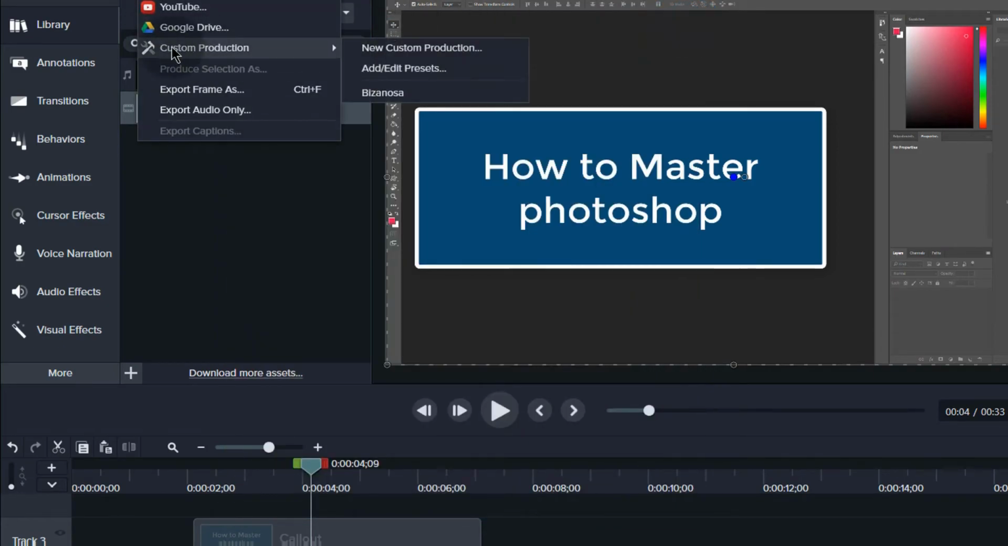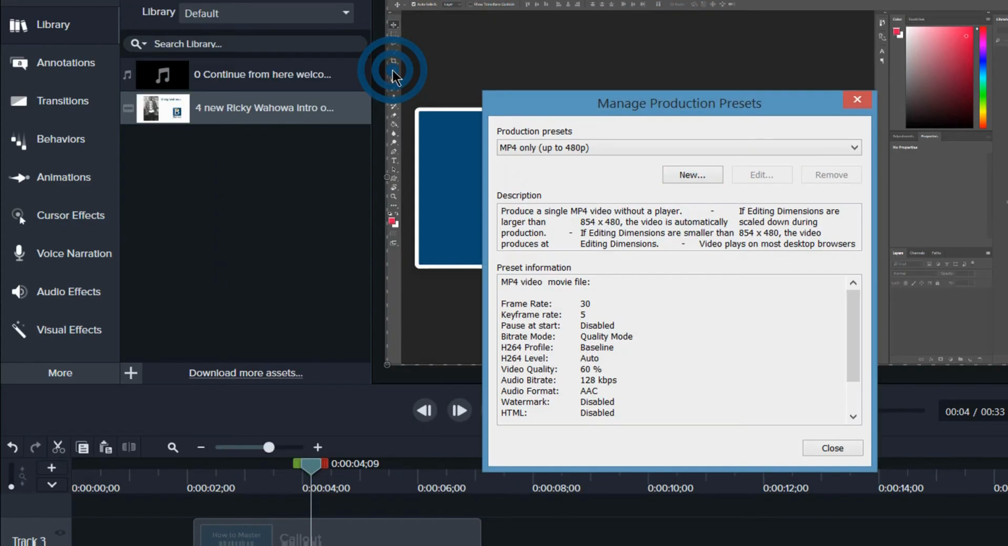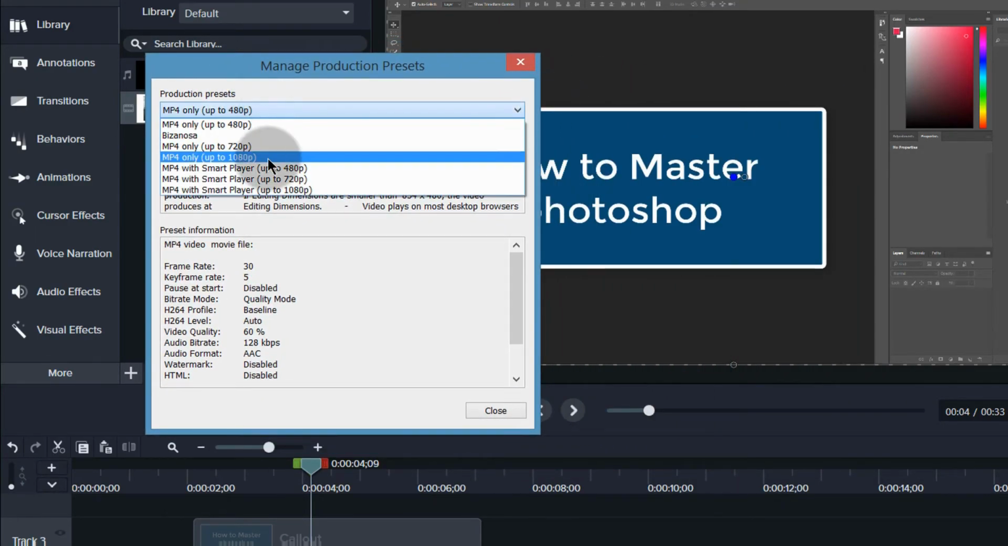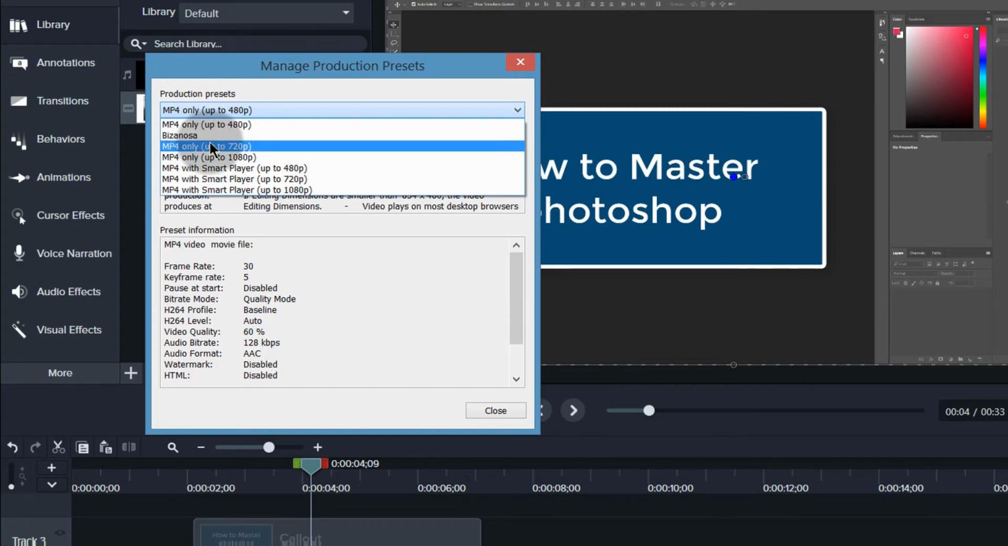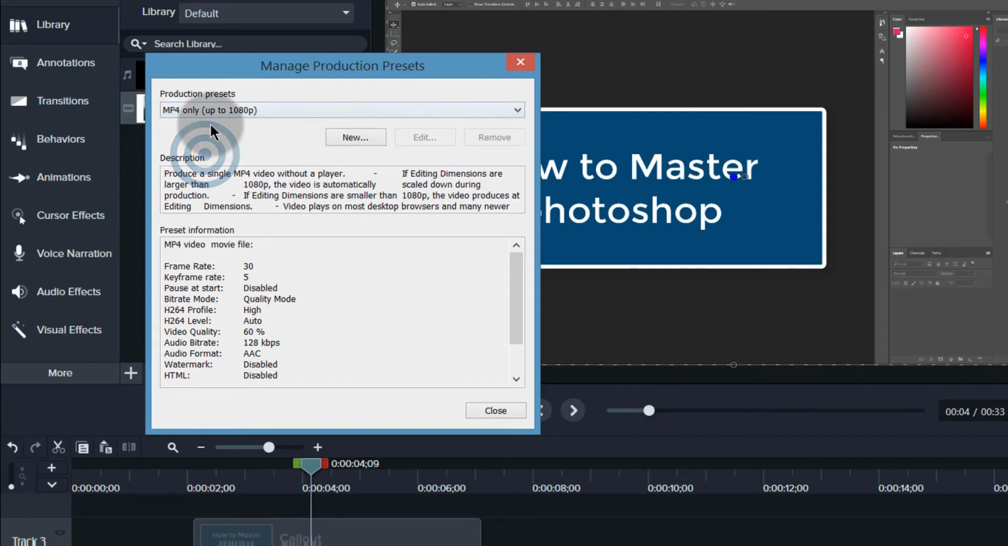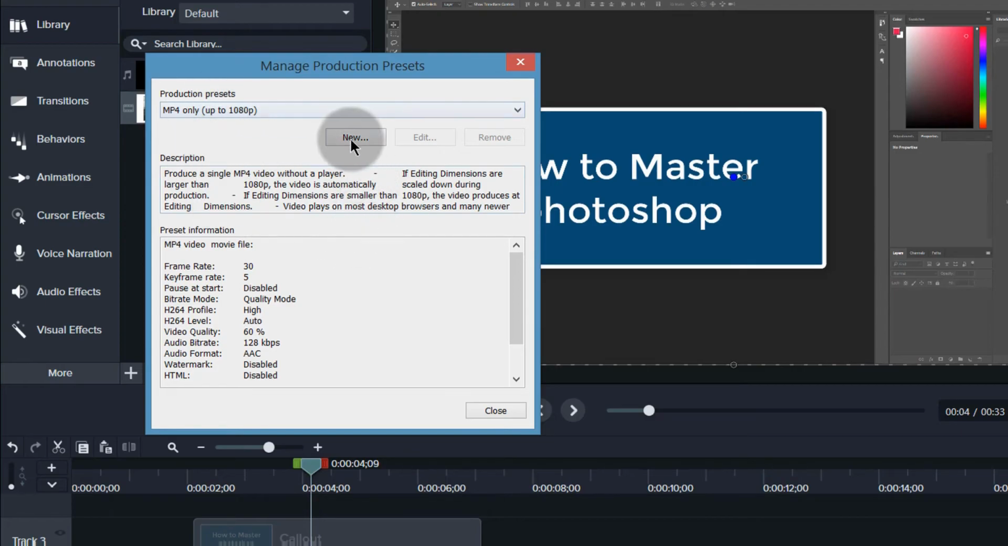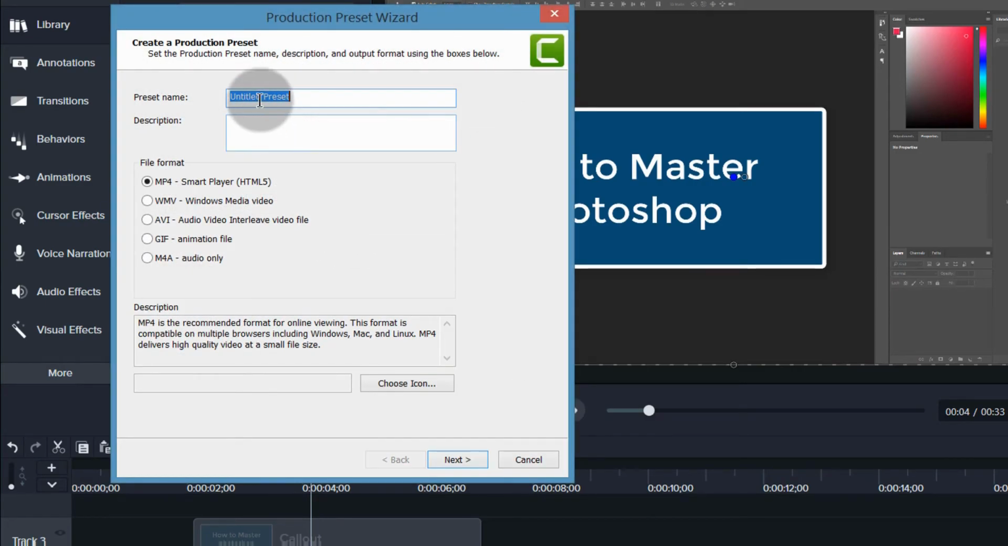Or you can use presets, and you can just click here to add or edit presets, and you can choose any of these presets here. MP4 only up to 720p, MP4 only up to 1080p. So I know this video is at 1080p, so I can choose 1080p, and if I want to edit it, I can just click here on new, give it a name,